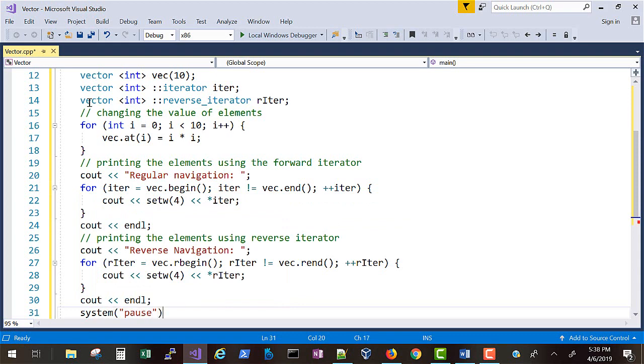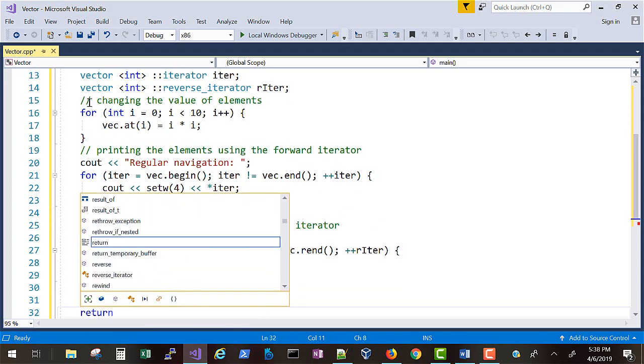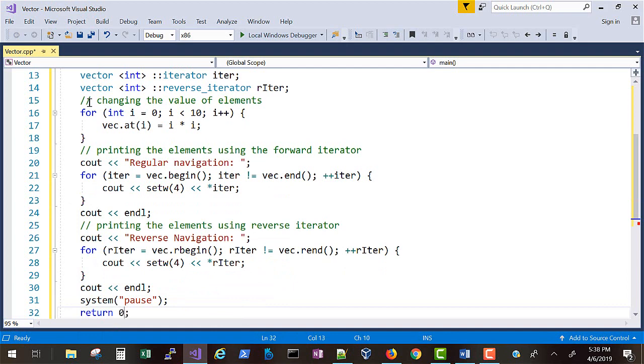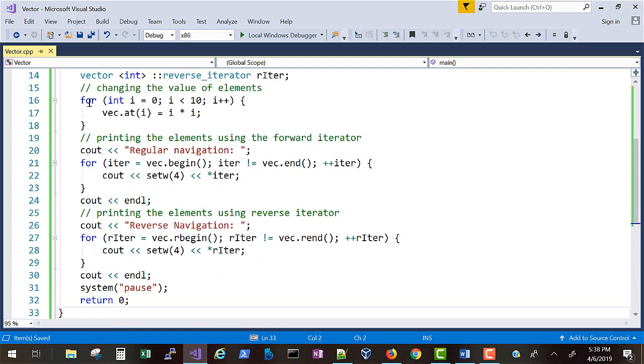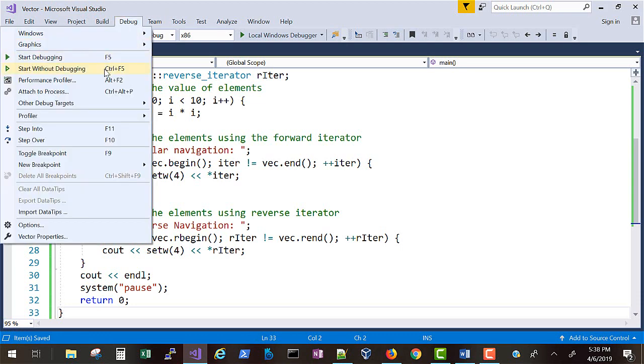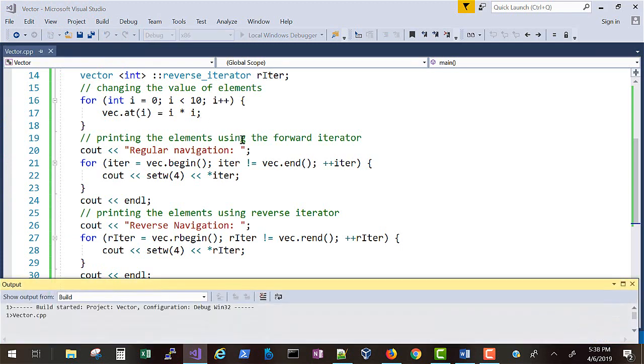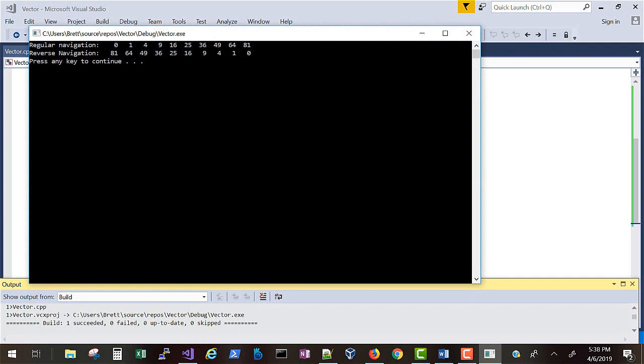I'll use system pause to pause the output, return success to the operating system, and let's give this a try. Okay, no errors, so you can see the forward iteration and the reverse iteration, and that's the end of the